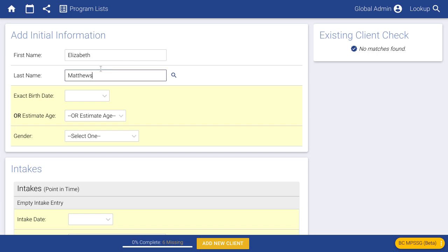Also want to let you know that as you're entering in this client name, keep a look out on this existing client check on the right. If there's a client already in the database with that matching name or even a similar spelled name, it will be notified to you over here. It will even be notified to you over here if there's a client with this name that's already served in another program that you don't have